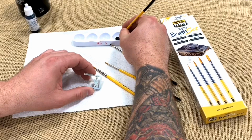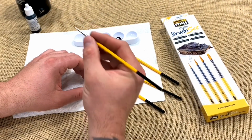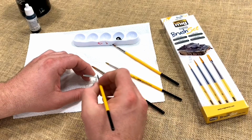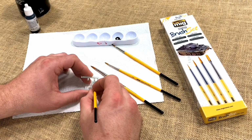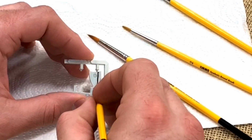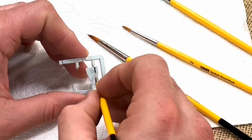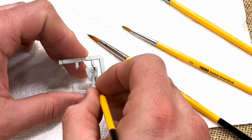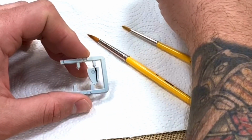and that's pretty impressive. There's no brush marks in that, and for a flat surface on something like this, that's pretty good. And then we've got the 0.5, which is a pretty good detail brush that I've used for some small details, and it holds a point pretty well. And you can just see that line's pretty solid, no gaps. I mean, never mind my handshake on this camera, but